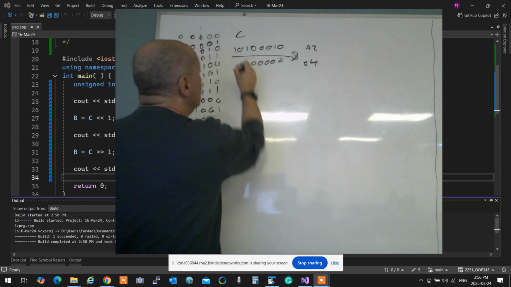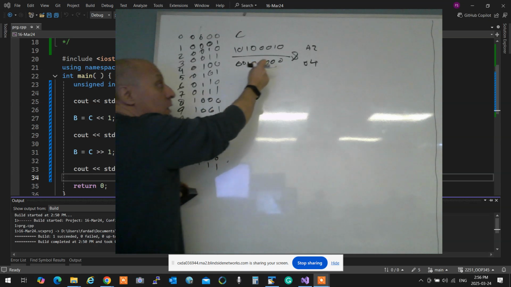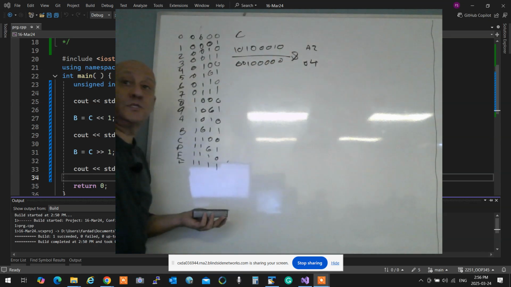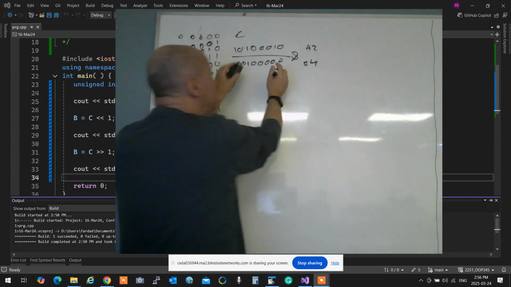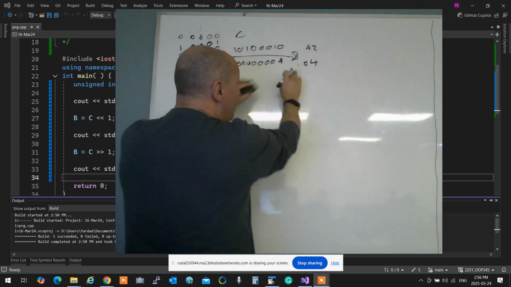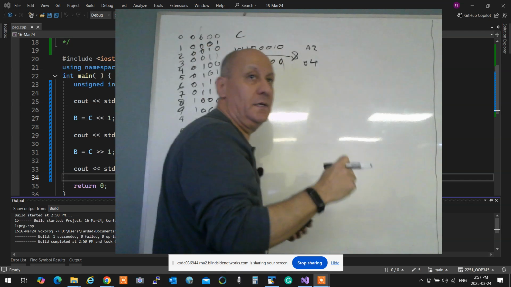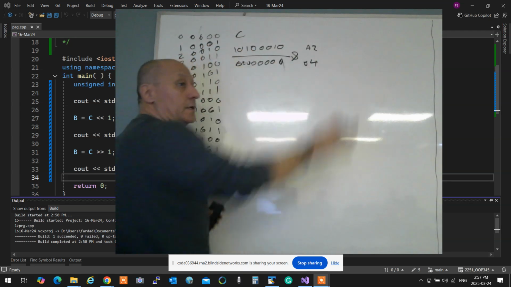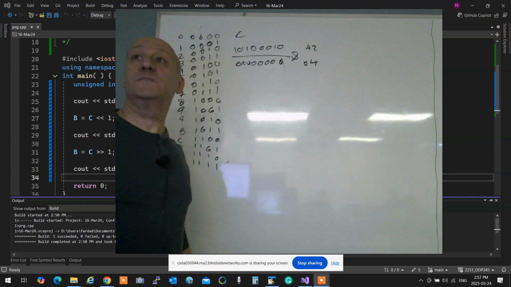Then I'll shift the 1 forward. Now I can check that one. I'll keep going until this becomes 0, which means I don't have anything in it anymore. So I keep shifting until 1 reaches the end, and I print that. I shift 1 more time. This is going to go to garbage, right? They call it bit bucket. It goes to garbage. Therefore, it becomes 0, right? Are we okay with this?